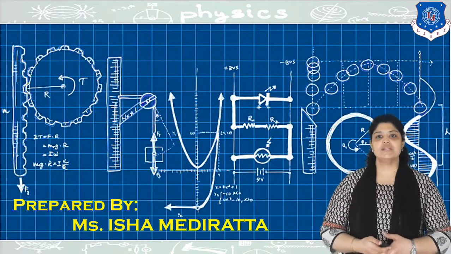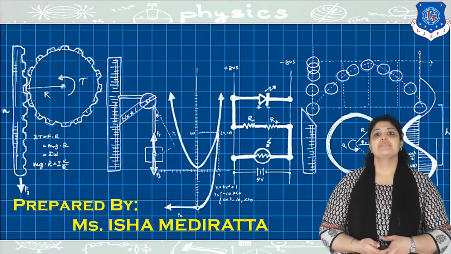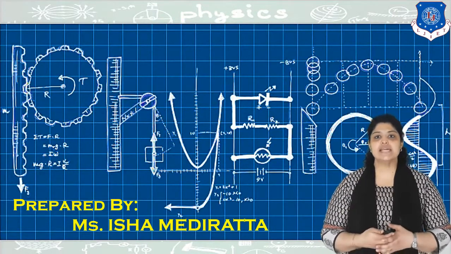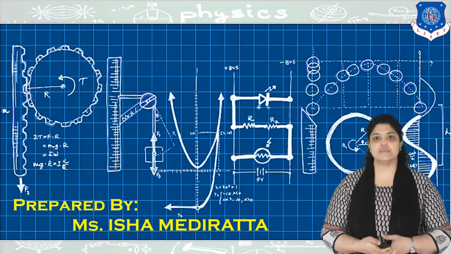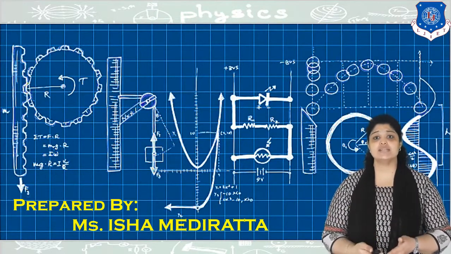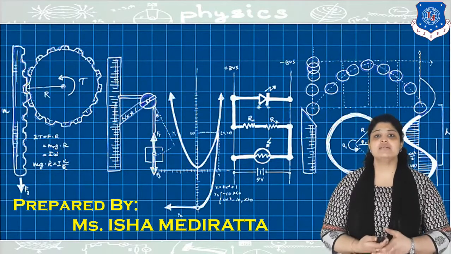We have started with the second chapter of our syllabus, Electronic Materials, and we have covered till the topic E-K diagram that was discussed in the previous video, wherein we discussed what an E-K diagram is, its uses, its comparison with energy band diagram, and the types of semiconductors based on the E-K diagram.